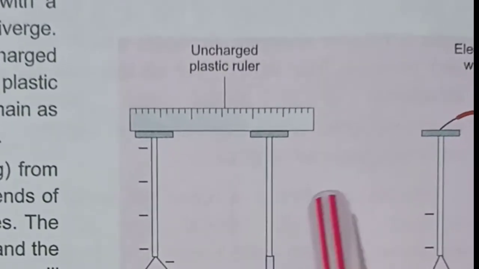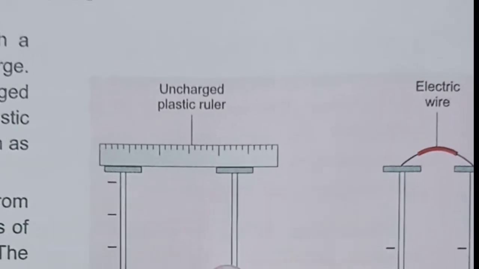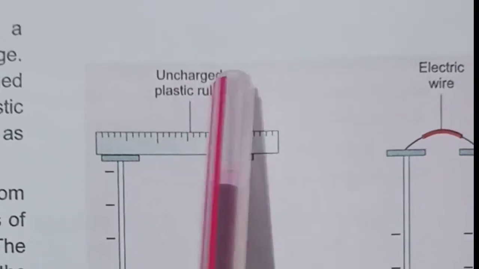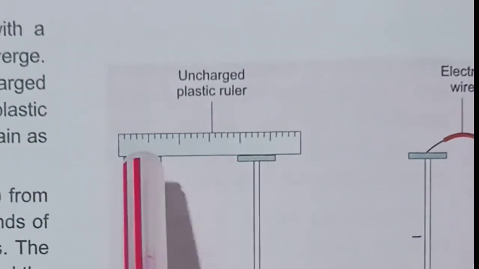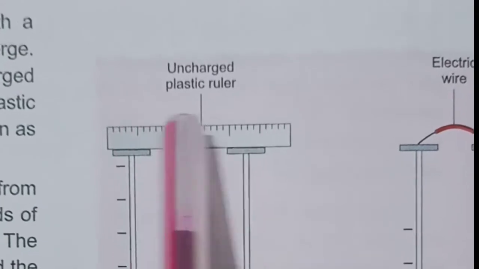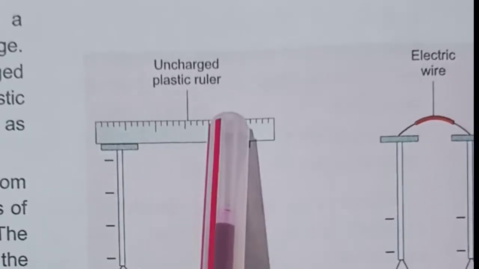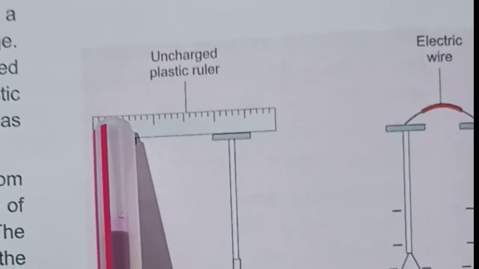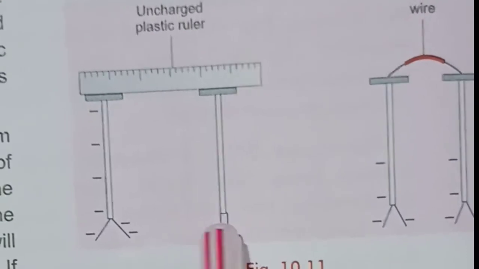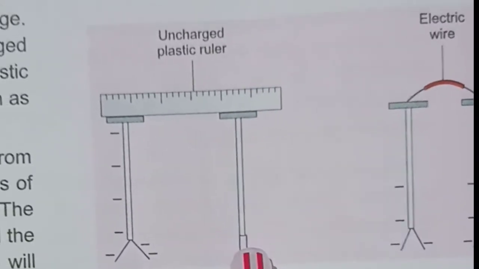We will take another uncharged gold leaf electroscope, and we will take an uncharged plastic ruler. The ruler with which we charged this one, you leave it, keep it aside, and take another plastic ruler which is not charged, and keep it over both of these. What we will observe is that the leaves do not get diverged. Why? It does not get diverged because